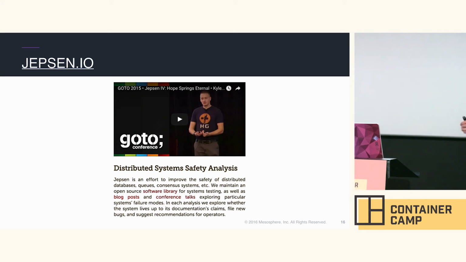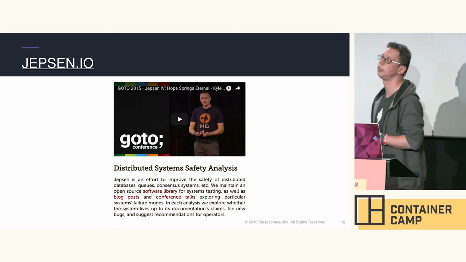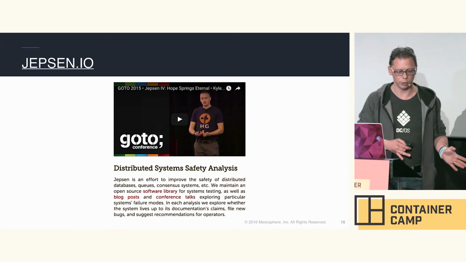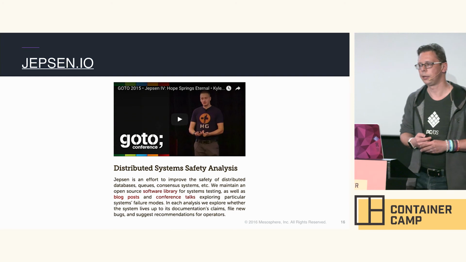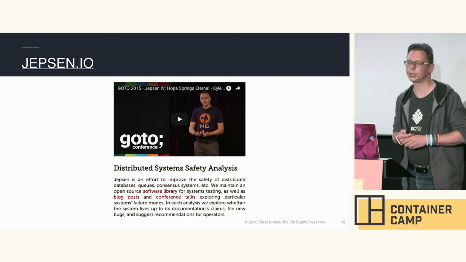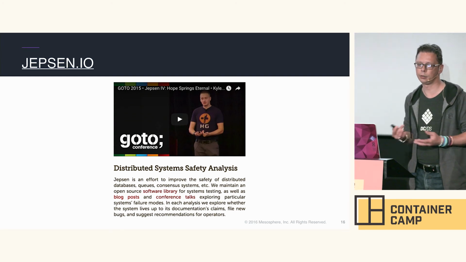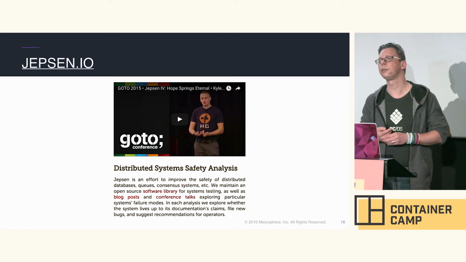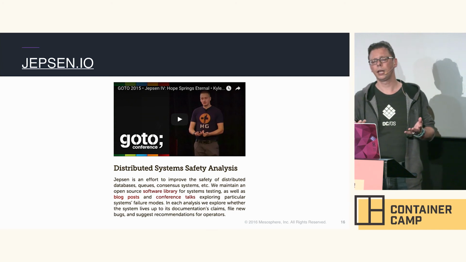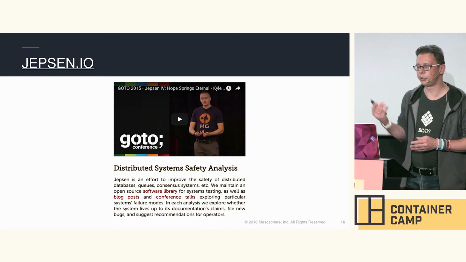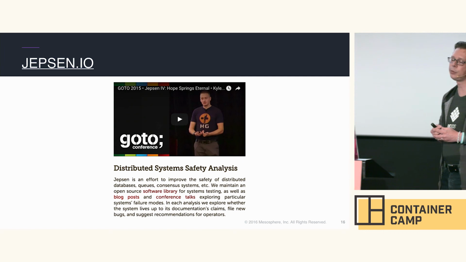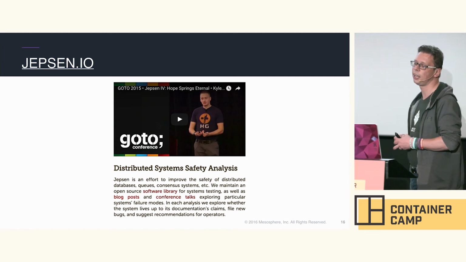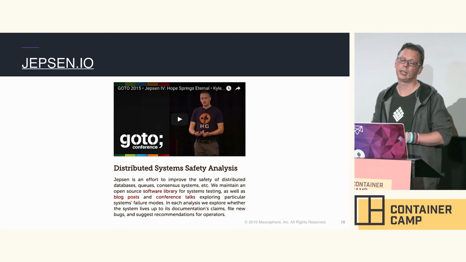I mentioned earlier already, stateful services are an area where, on the one hand, you need quite some expertise, especially with distributed stateful services. Could be things like NoSQL databases, Cassandra, or distributed message queues like Kafka or whatever. And thankfully, Kyle Kingsbury here has put together Jepsen and has done quite a lot of analysis himself already and provides some services around that.